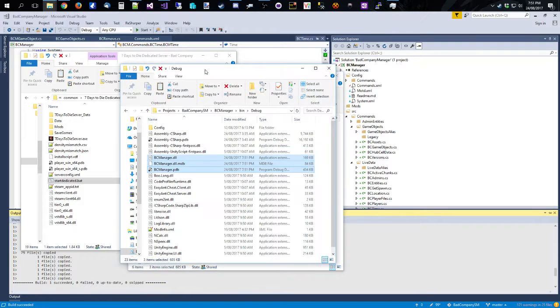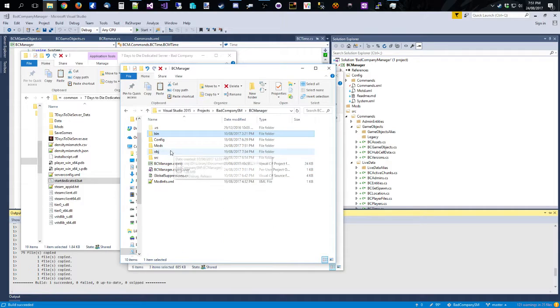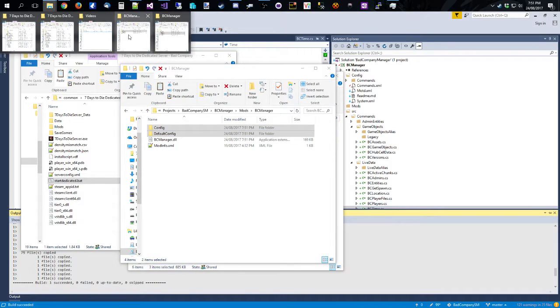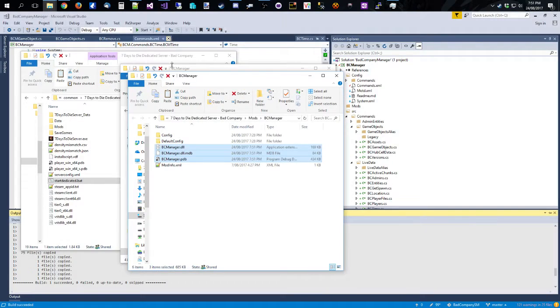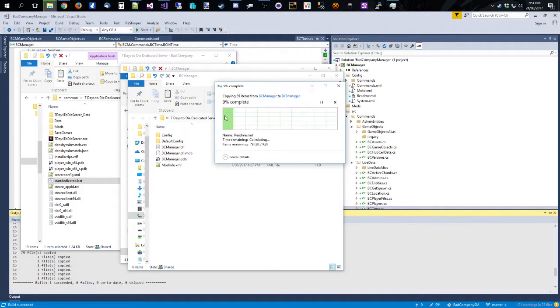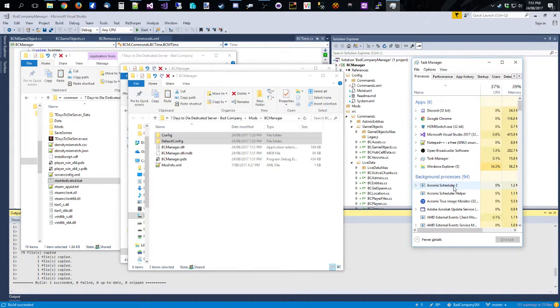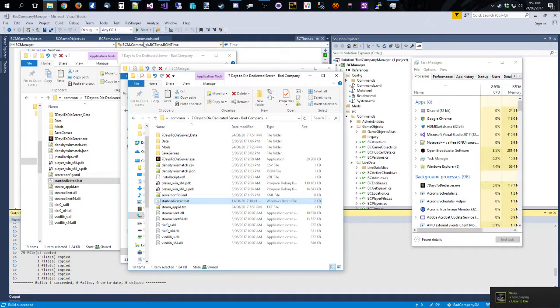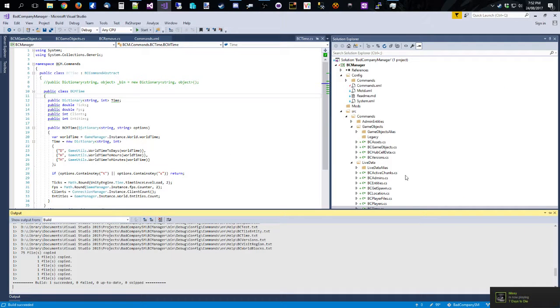Actually I better just grab the configs again because it's probably out of date. And you can't update the DLL when the server's running, so you just got to shut that down quickly and then start it up when you're done. Right, so while that's booting up,